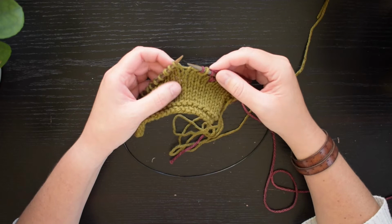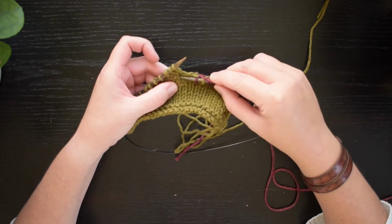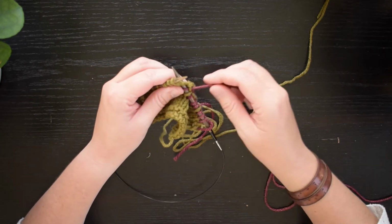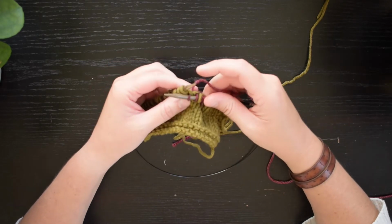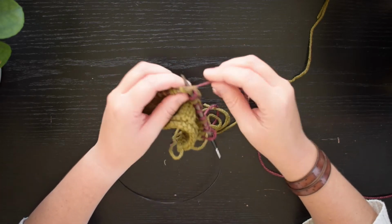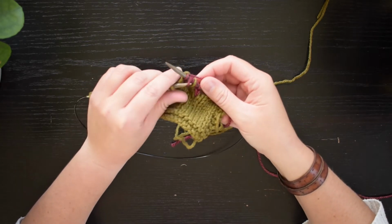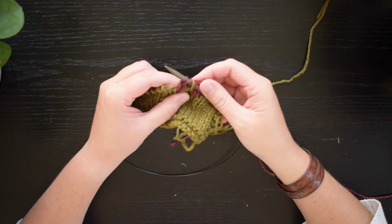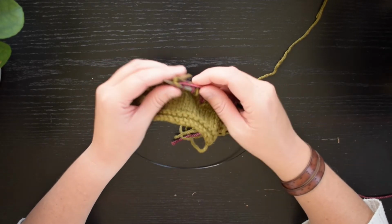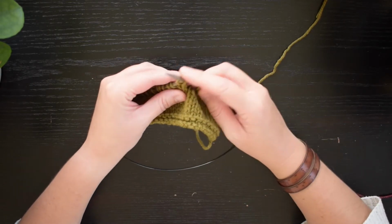We're going to insert our needle 2 stitches below the stitch that's on your needle, so counting 1, 2, and inserting the needle into that second stitch. Wrap your yarn, draw and bring it through, leaving a looser loop. Knit the following stitch, pull the longer loop over and off your needle, pulling it over the stitch that was last worked. Now we knit, slip a double wrapped stitch,